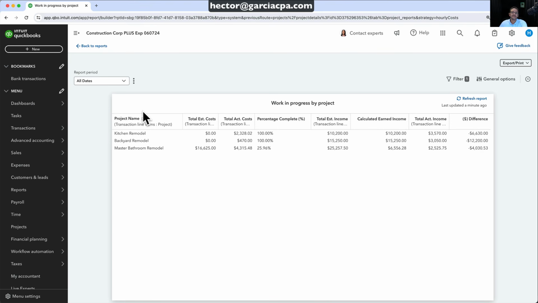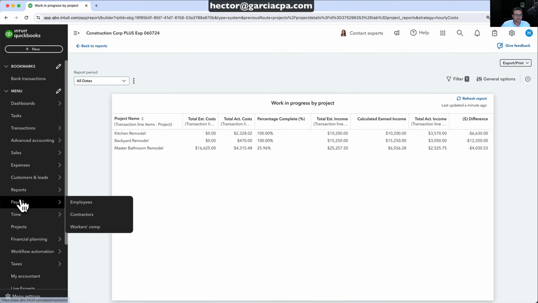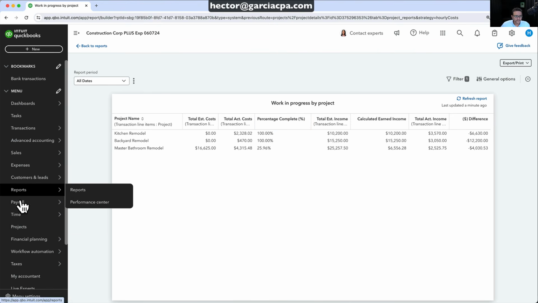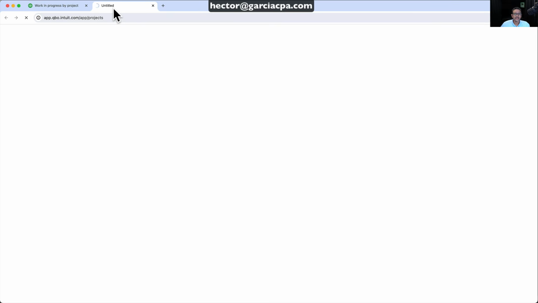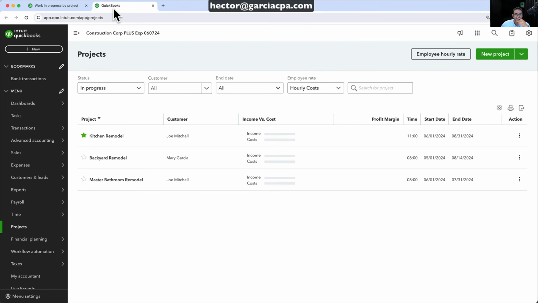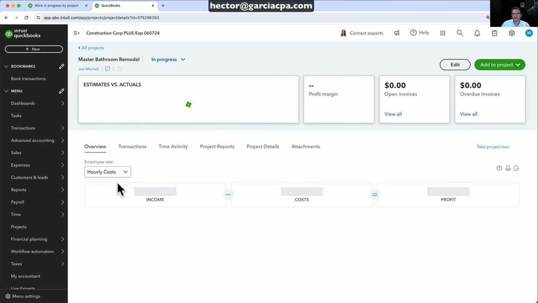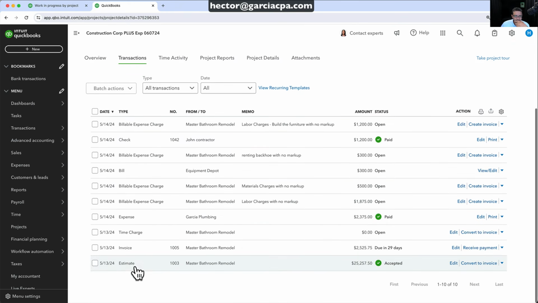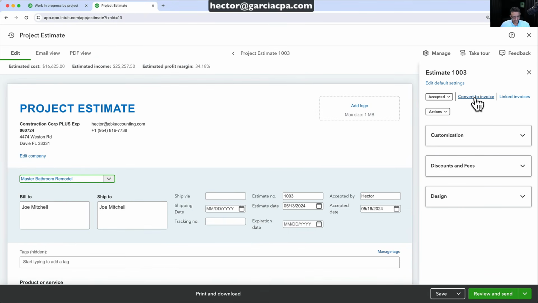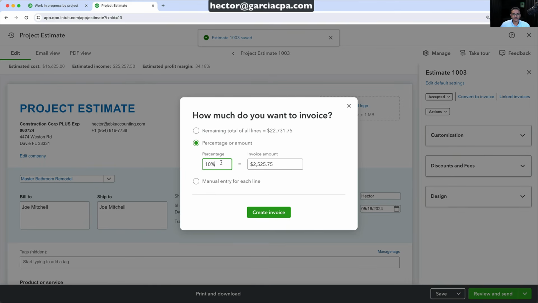So for example, we'll leave this report as is. We'll go back and refresh it. Let's go back into our project. So we'll go back here into projects, open this in a new tab, and then we'll go back into our master bathroom remodel project, and then we're going to go ahead and invoice some more. Okay, so I'm going to go back into my transactions, go into my estimate, and then do a little bit more progress invoicing. So I click here, it says convert to invoice,